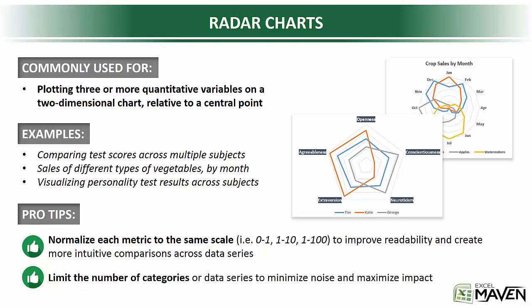So one of the lesser known but really cool charts in Excel is the radar chart. And a radar chart is used to plot three or more quantitative variables on a two-dimensional chart relative to a central point. So it's almost like a line chart that wraps around in a circle and connects to itself. Another way to think about it might be like a bicycle wheel with a number of spokes associated with different